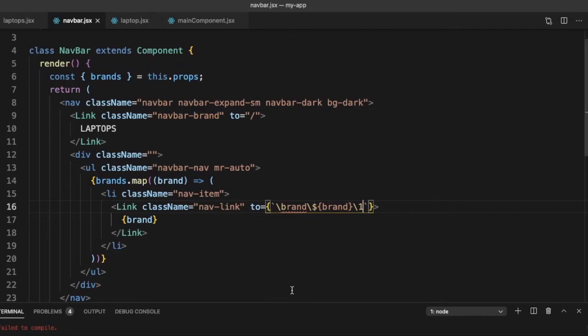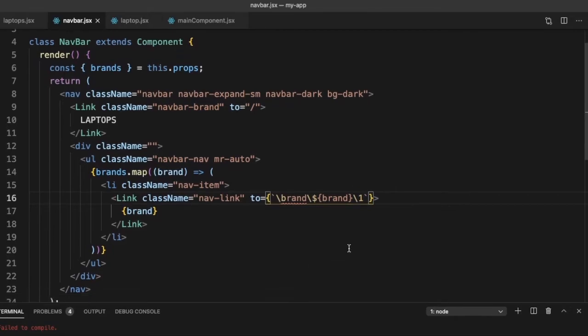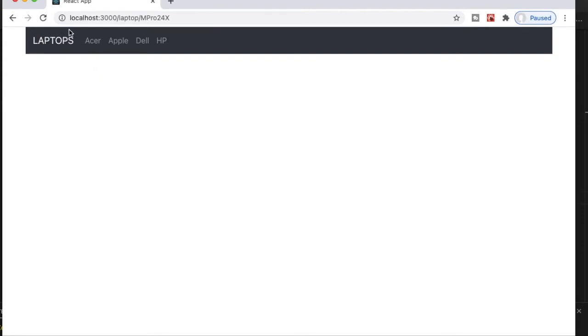So this should show our nav bar. This is giving us an error, again we have used the wrong slashes. So this should give us our nav bar. Let's go ahead and test it. So we get our nav bar working.